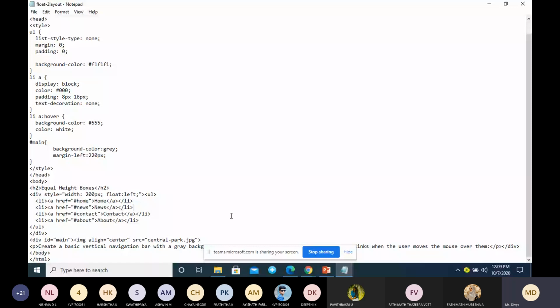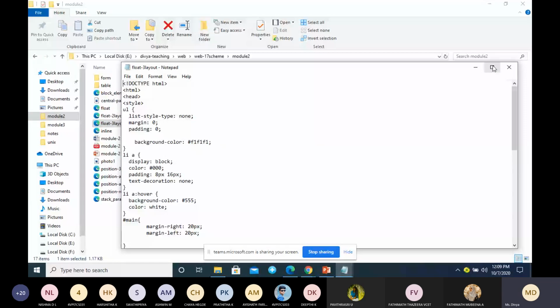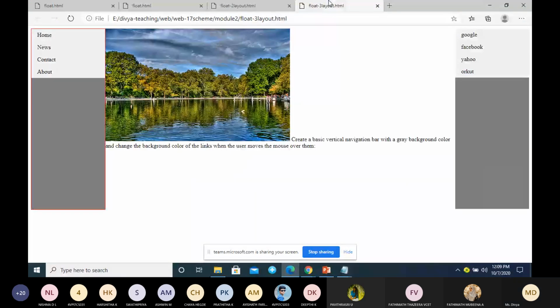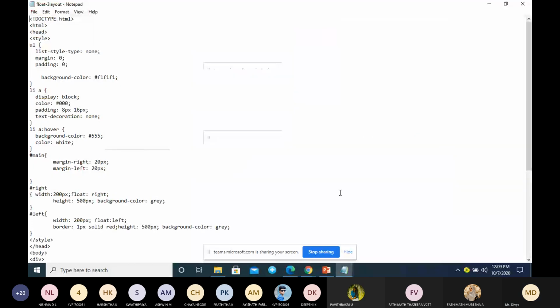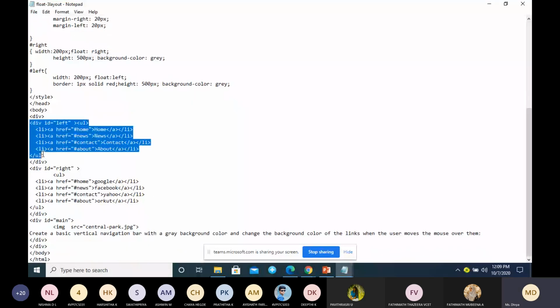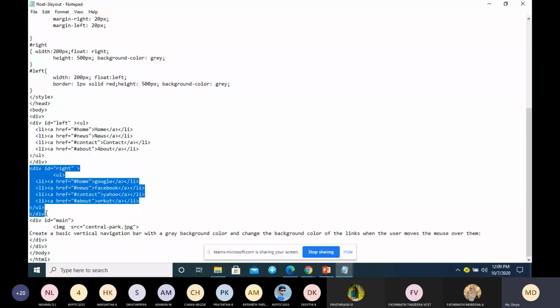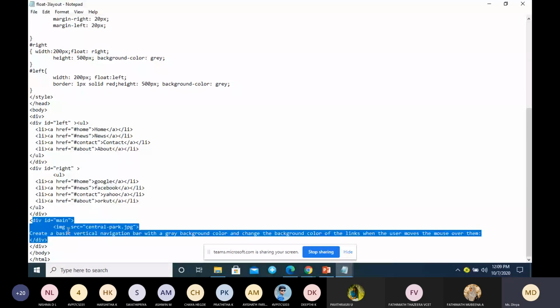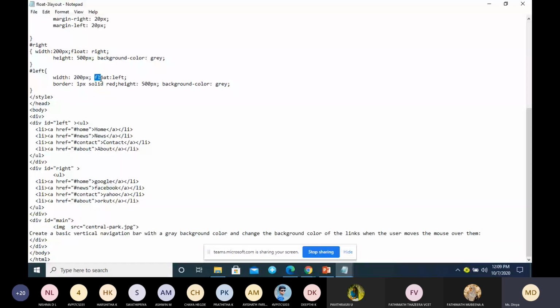Similarly, this is an example for a 3 column layout using float. You can see the output with 3 columns. Here there are 3 divs: 1, 2, and this is the last div. For ID left we have used float left, and for ID right we have used float right.